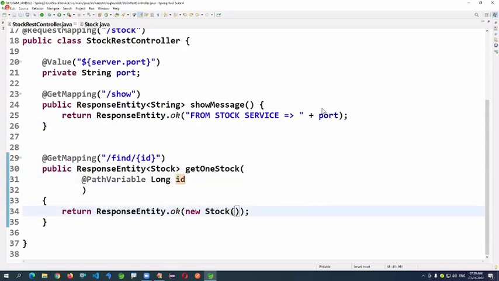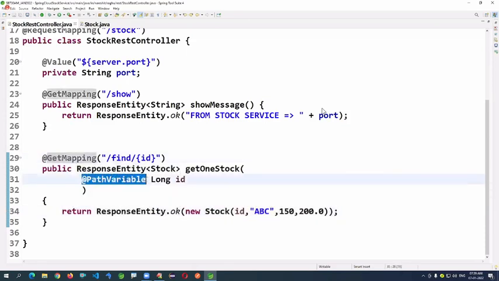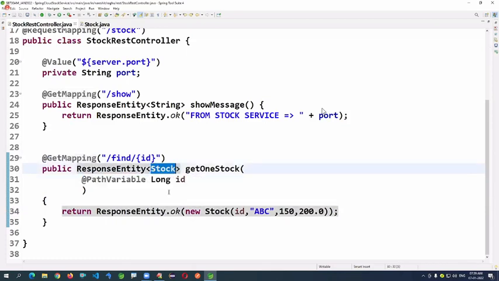Observe GetMapping, path variable, return type JSON. This is a combination.